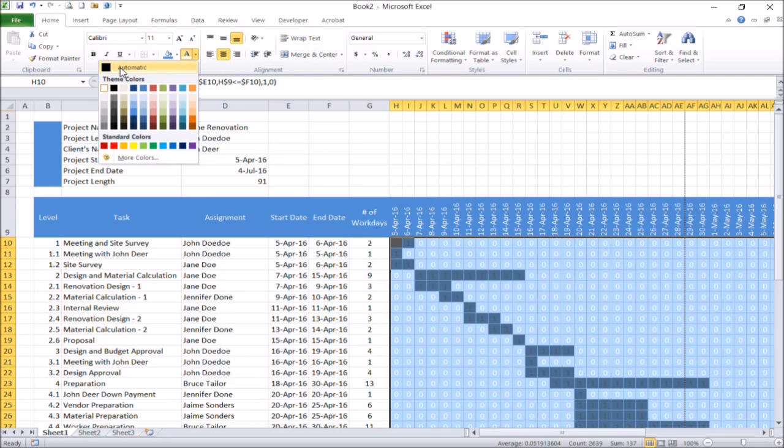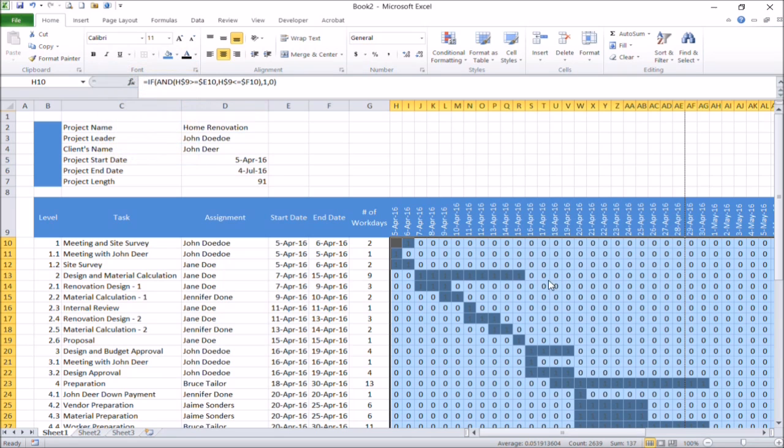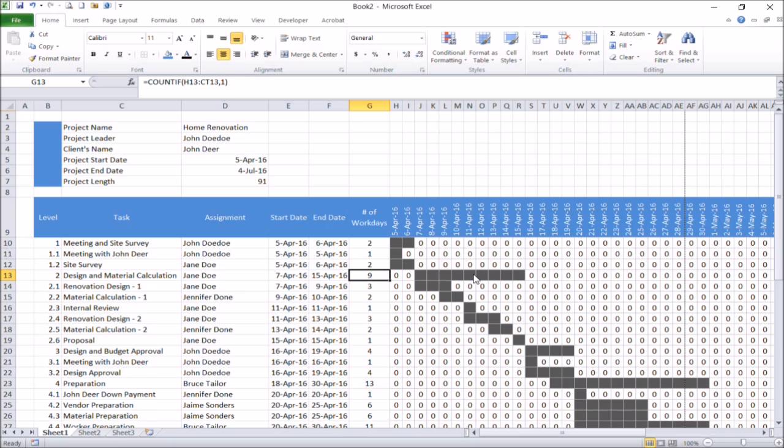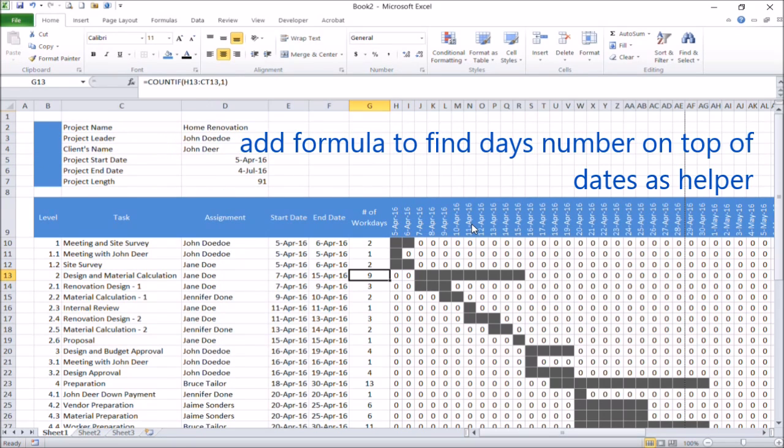Now I will continue to add days off in the Gantt chart table. I will change fonts in this table to black again to see how the formulas work.